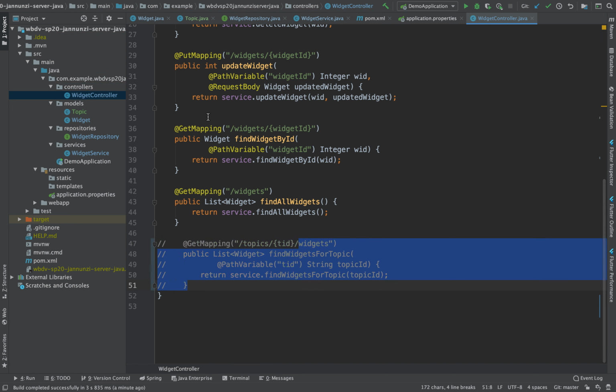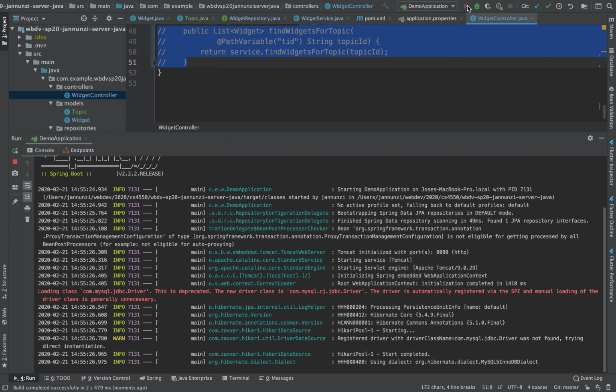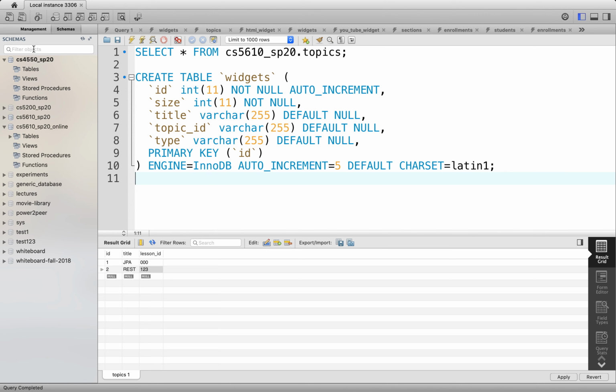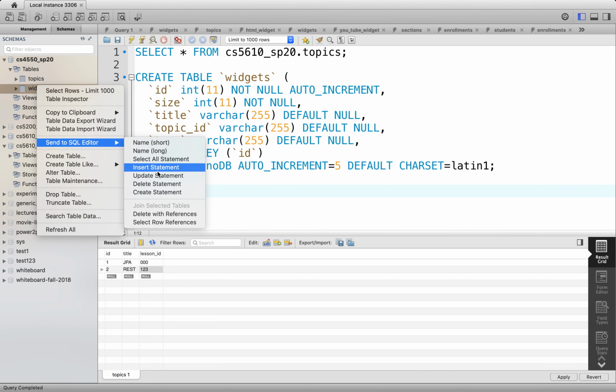Where else do we have topics? I think that's the only one. Let's try that again. All right, excellent. Looks like it worked. Let's refresh our database, and let's see. We now have topics and widget now, right? We didn't have topics before. Let's look at widgets, how it changed. If we send back the create command,